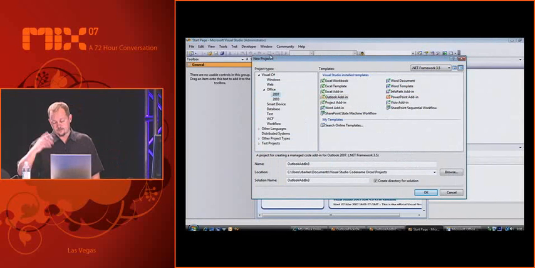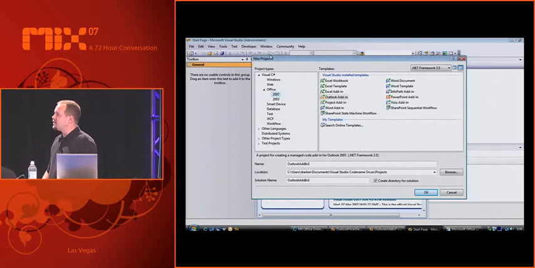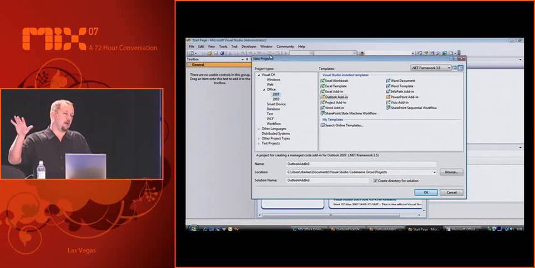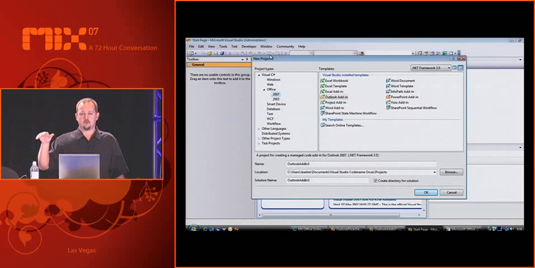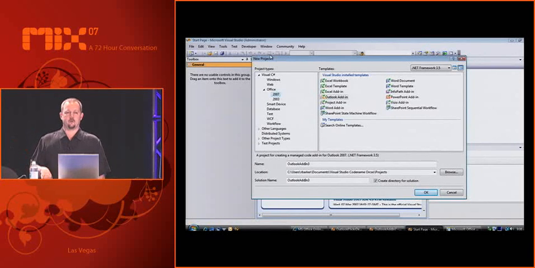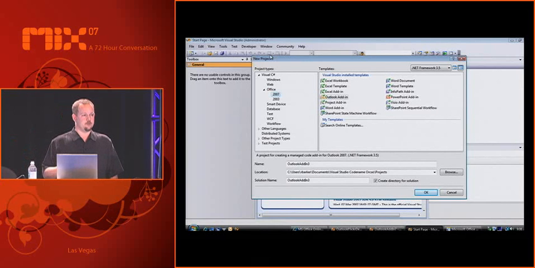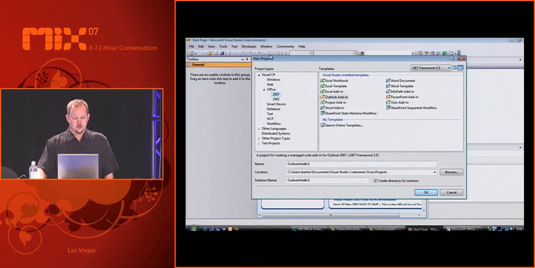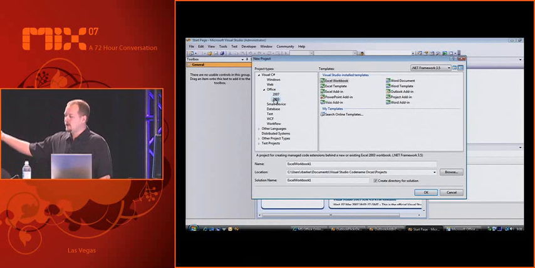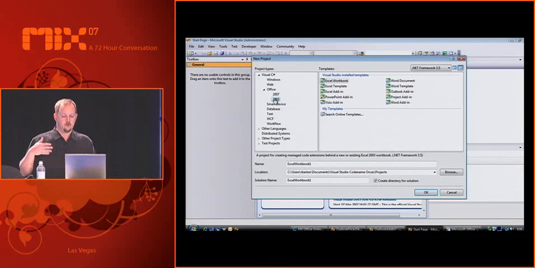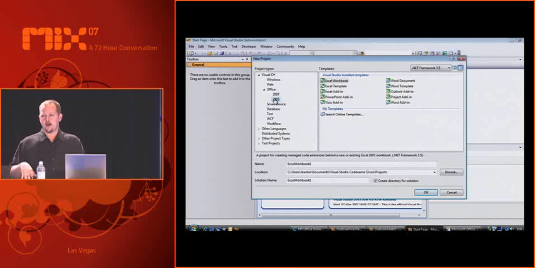Since I've done this so many times, all my stuff is based off .NET 3.5. You can see now, how many people have done Office development in the past? Okay, so you're probably familiar with looking at what are the add-ins that we supported, all those different types of things. So you can definitely notice a difference with Office now. If I pick 2003, I still have all these same things. I can do PowerPoint add-ins, I can do Visio add-ins, Word add-ins.